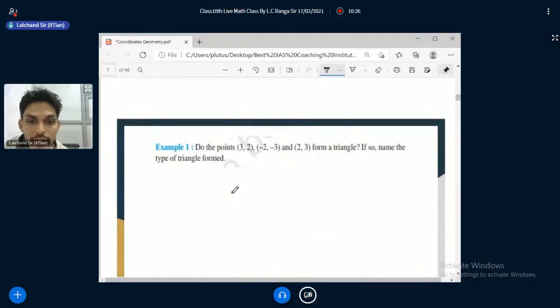Okay, fine. So let us try to solve this question. This question is based on the distance formula. Try this question. You have to tell me what kind of triangle is formed with the help of these given points. Can you verify this by using the distance formula simply? Okay, take your time and tell.